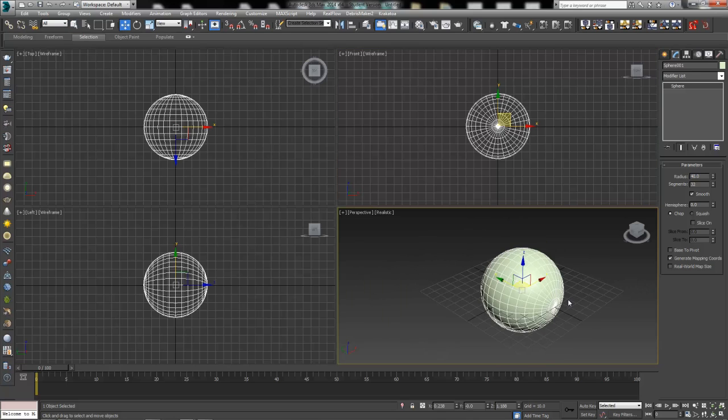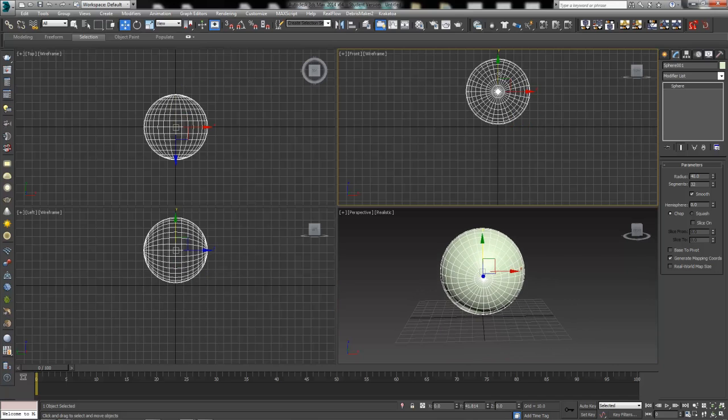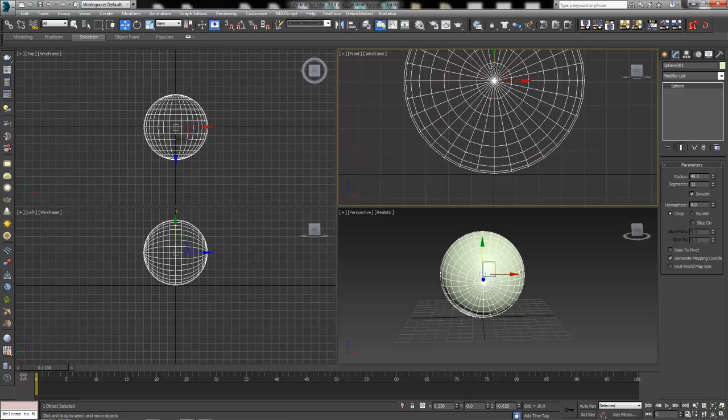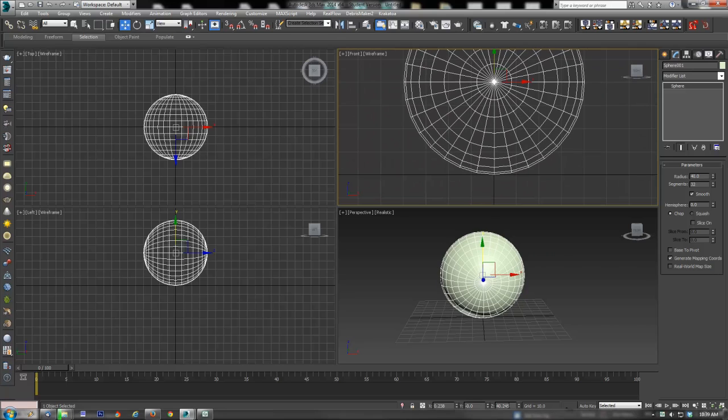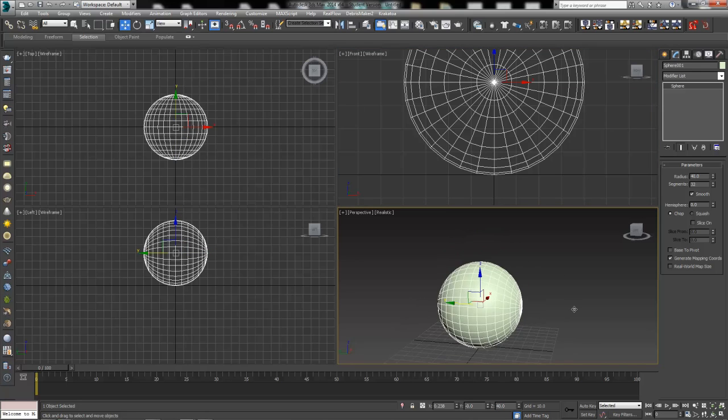As we like to work in generic units when we're doing particle simulations and flows, I'm going to go ahead and lift that up to the 0 line there, which would be about 40 on the z-axis, same as our radius. And we're going to drip some wax down the sides here.